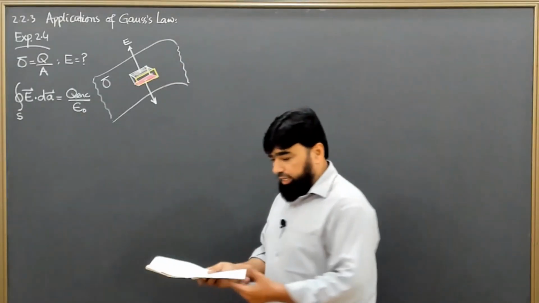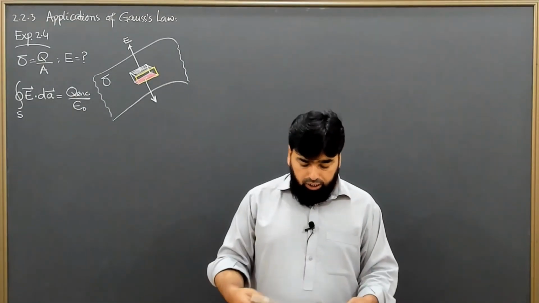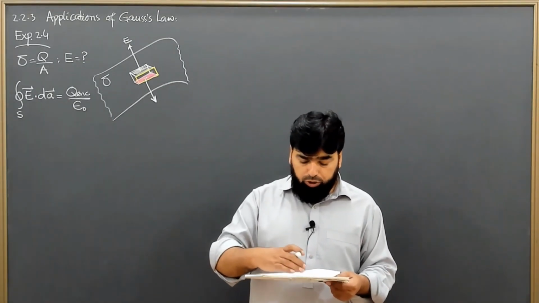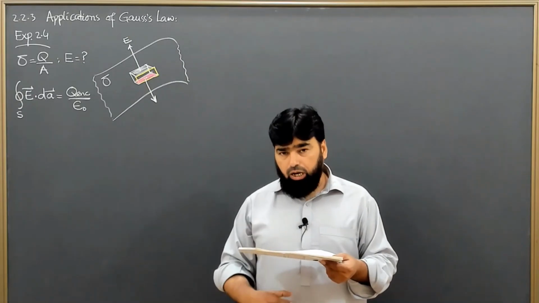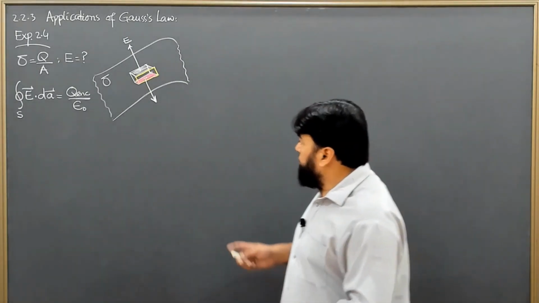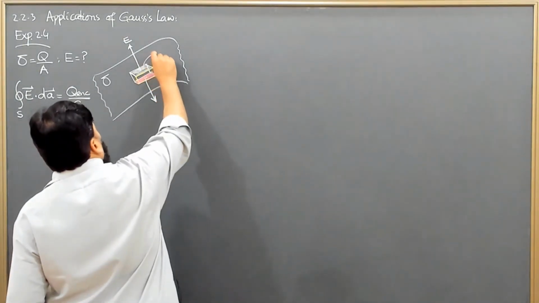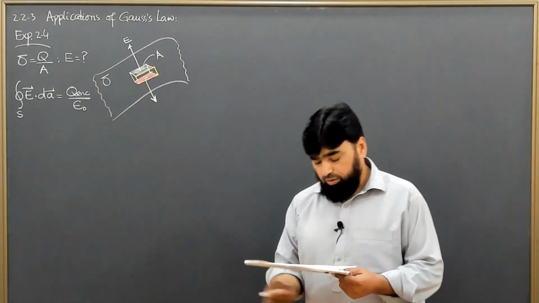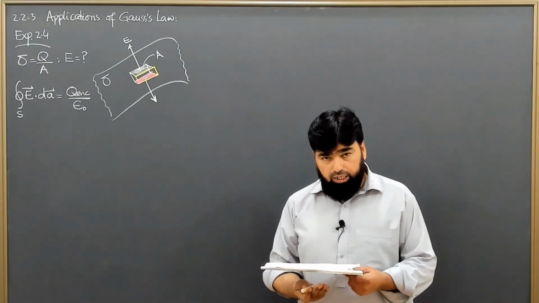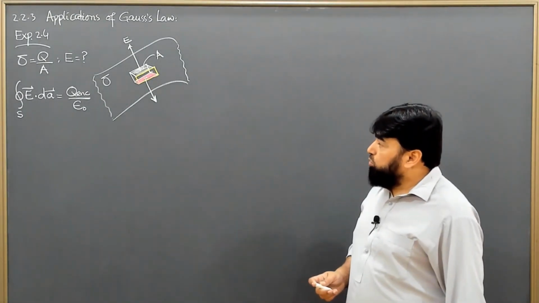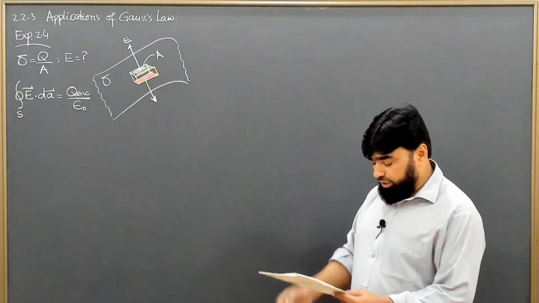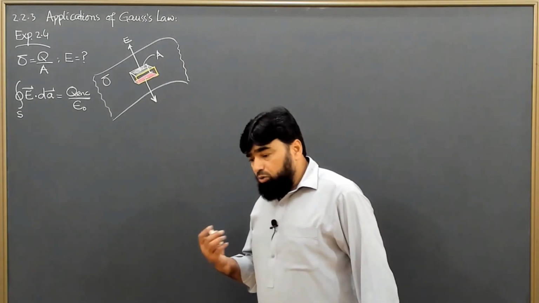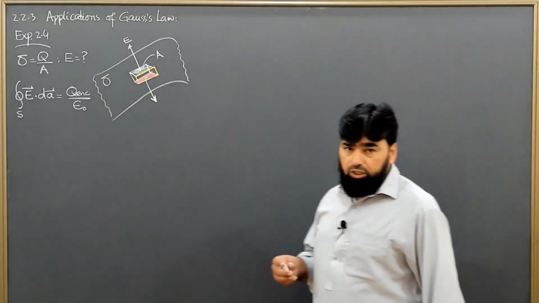Now it's just like a page, the sheet is a page, and there is a box which is halfway up and halfway down, and the area of this face is A. So the below face also has area A, and the above face also has area A. It's the same box here. Now we will count the two areas here.